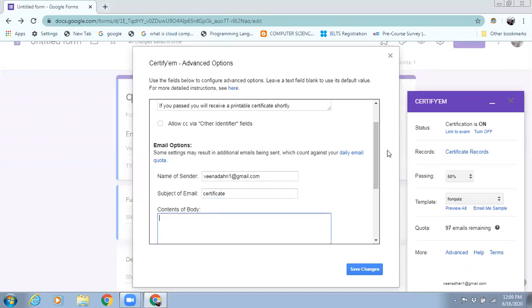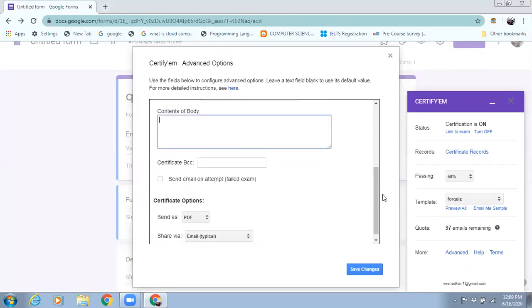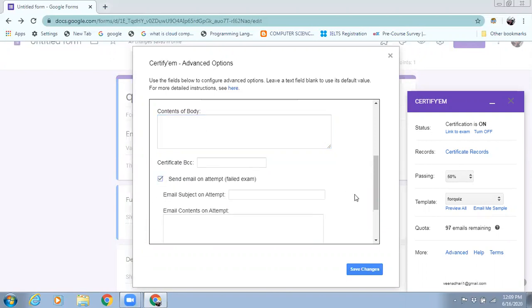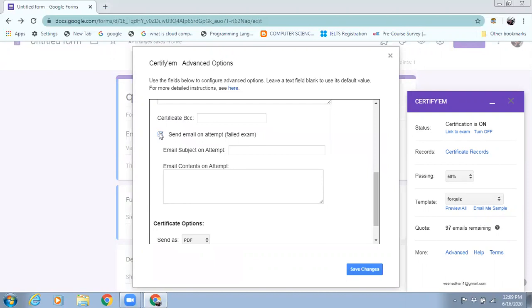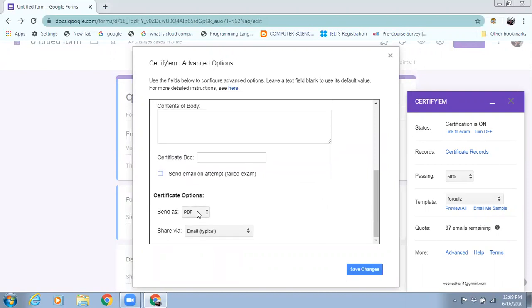And if you want to send an email even if the person failed the exam, you just click it, otherwise no need. If you click it, you need to write the subject, like sorry, you failed your examination, otherwise no need. And the certificate format is PDF; you can also send it as an image.